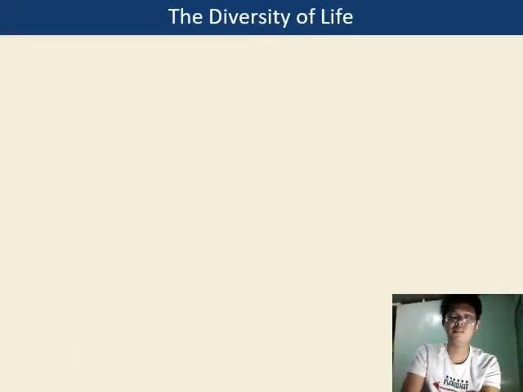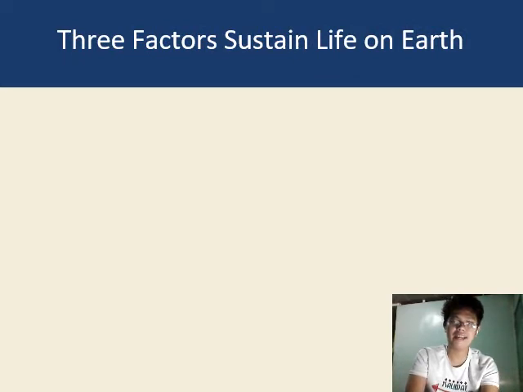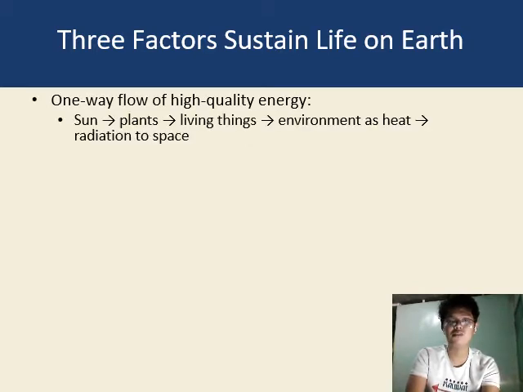Now, these are some of the diverse life of plants and animals, and even organisms like bacteria that thrive on Earth. They are interacting with the non-living factors of Earth like the land, the water, and the air or the atmosphere. Now, how does the planet sustain this very diverse life on Earth? So there are three factors that help Earth sustain life. One is the one-way flow of high energy. So from the solar energy from the sun,